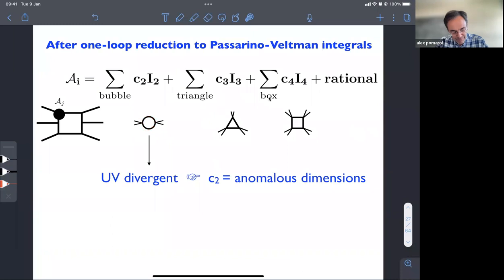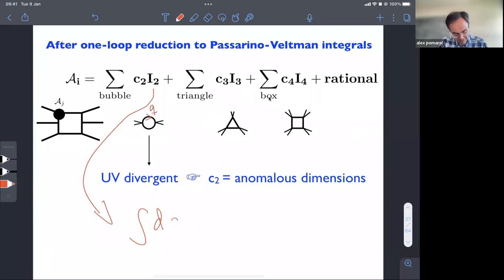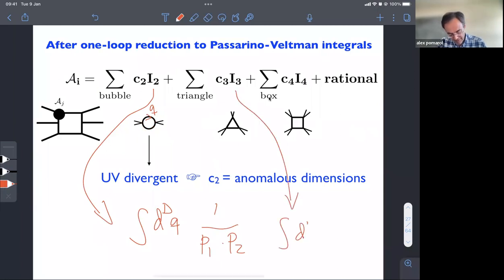Okay, so let me write it here, very clear. This I2 is something like an integral d^D q over the momentum q, in D dimensions, and contains two propagators, P1 times P2. Now this is a decomposition where this is dQ, and this contains integration over three propagators, P1, P2, P3, and I call this